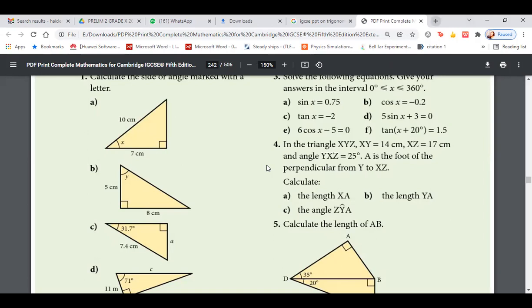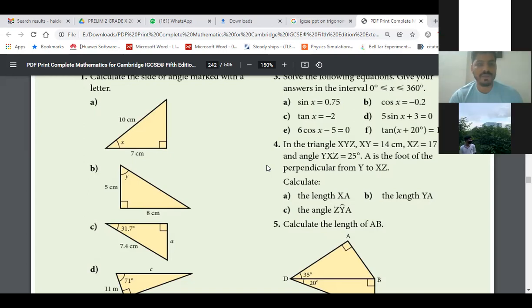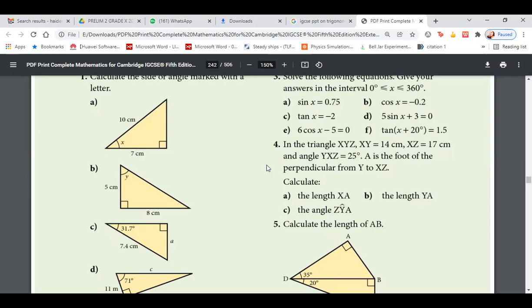Kalindi, what formula are you going to use for A? Cos. Okay, cos, because adjacent and hypotenuse are given. So can someone please give me quickly the answer for x? 45.57, so it will be 45.6, sir, because we have to give it to 1 decimal place. Rounding off to 1 dp, so 45.6, right.